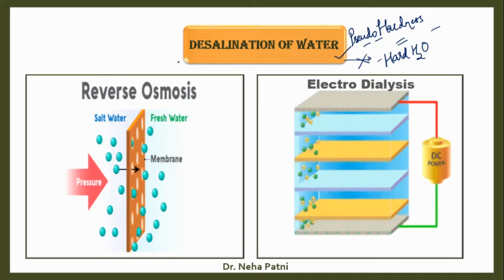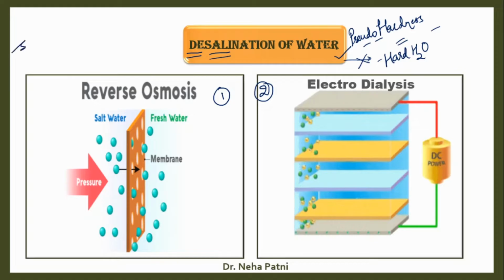Desalination of water is nothing but: de means removal and salination means salt. So removal of salt from water which contains excess salt is known as desalination of water. And then how are you going to do it? There are two basic approaches towards it. The first approach is this and the second approach is this.